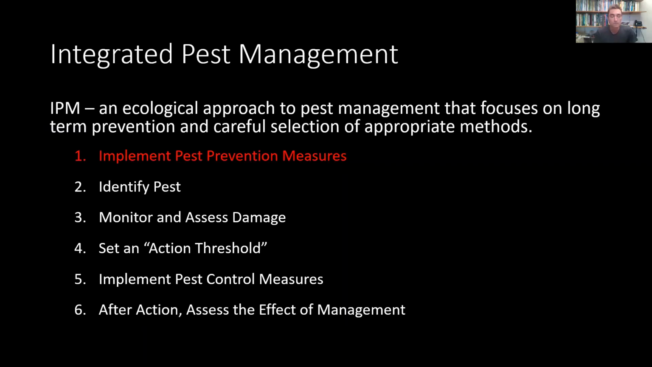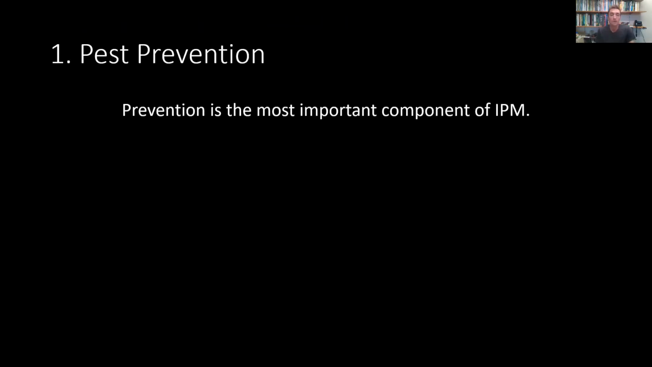So you will recall that IPM is an ecological approach to pest management that focuses on long-term prevention and a careful selection of appropriate methods. Now let's take a look at that first step, which is the implementing of pest prevention measures. We always want to remind ourselves that prevention is the most important component of integrated pest management. You can save so much time, money, energy, and harm on the environment if we prevent the problems from happening